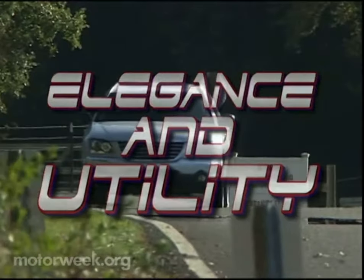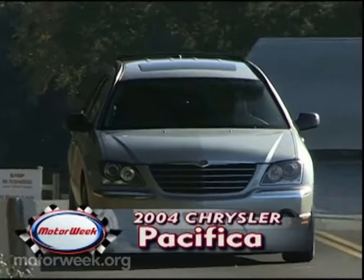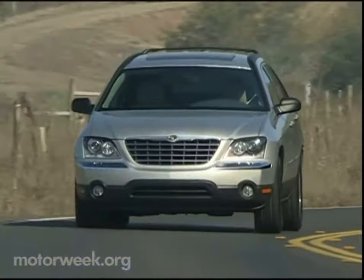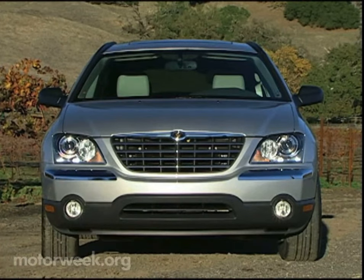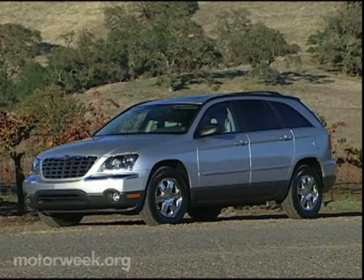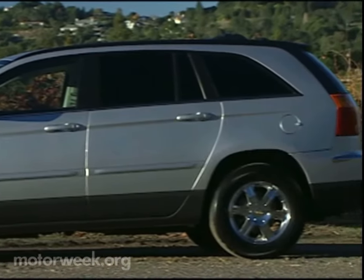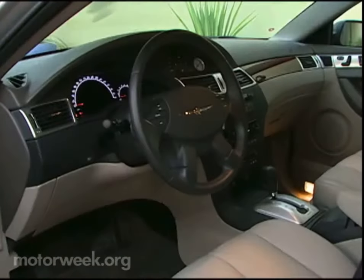It certainly is if you count style as part of the equation. The 2004 Chrysler Pacifica continues Daimler Chrysler's tradition of strong, eye-catching designs. But what is a segment-busting sports tourer anyway? Well, cross the low, wide stance of an aggressive four-door sedan with the tall hood line of an SUV and stick it on a profile that could come from an ultra-sleek minivan or station wagon. Then, for good measure, blend in fat 17-inch tires, all-wheel drive, and a luxurious six-passenger interior, and voila,